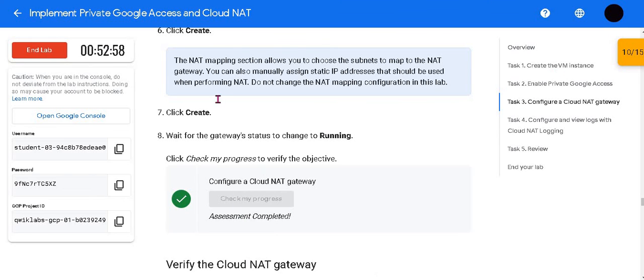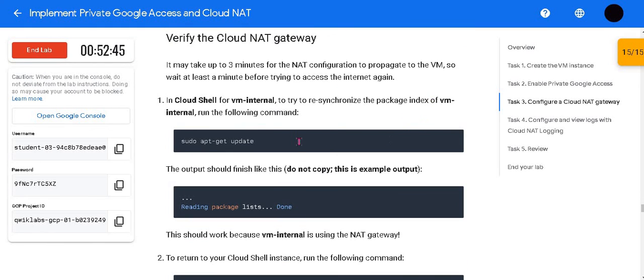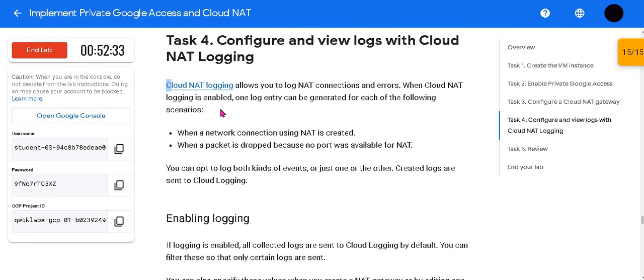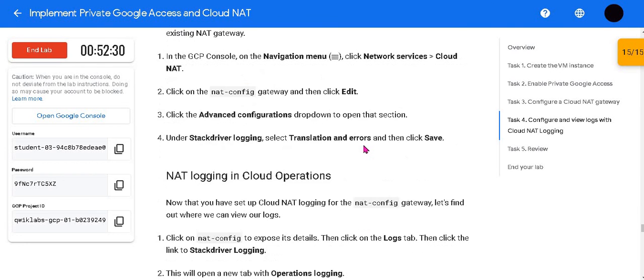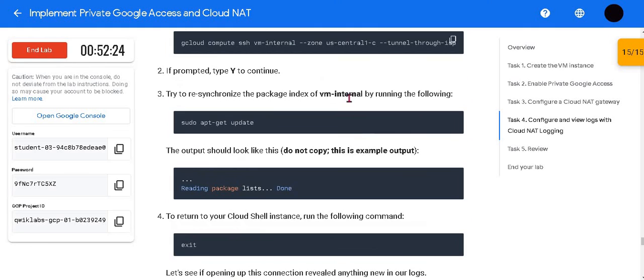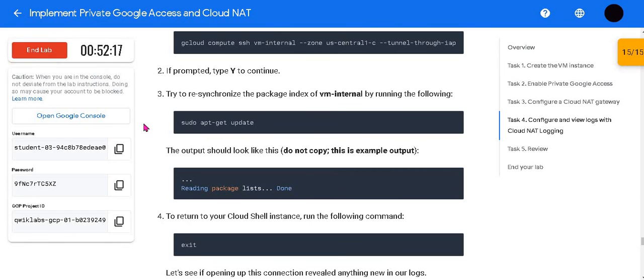It's done. The lab has been completed, but they give you extra time, you can see 1 hour is left, approximately 1 hour. This time is given to you to explore the things. You can run these commands, you can know what is the use of these commands, what is cloud NAT logging. These things enable you to explore more other things. You can do whatever you want to do till 1 hour. So I will explore myself, and